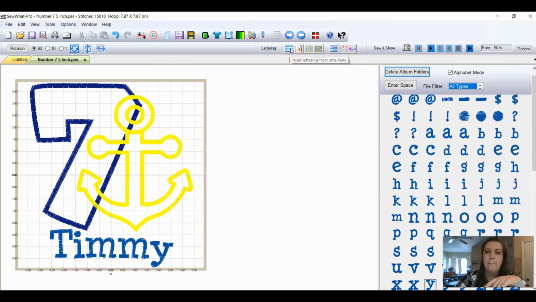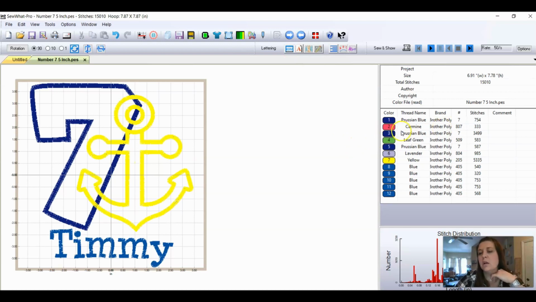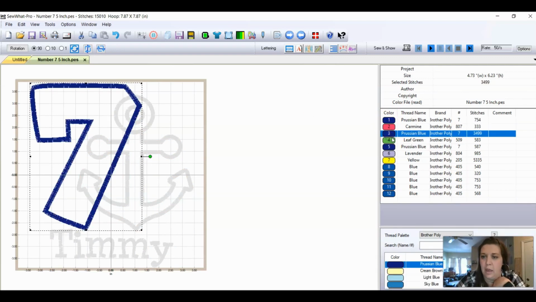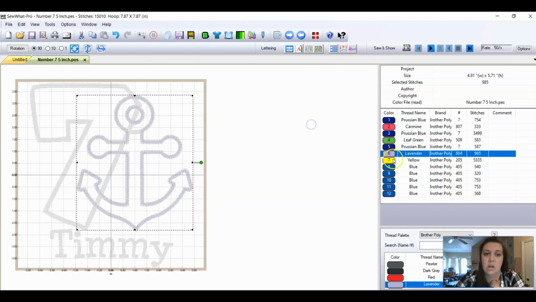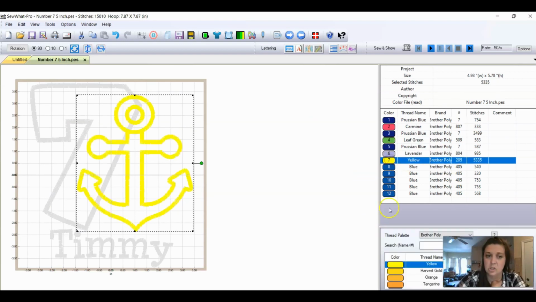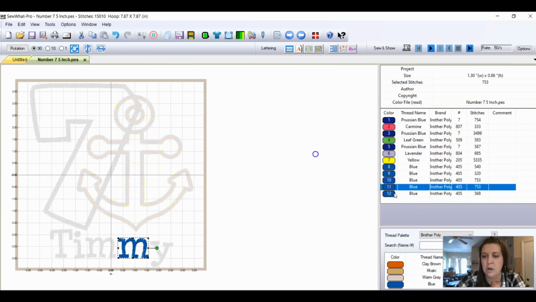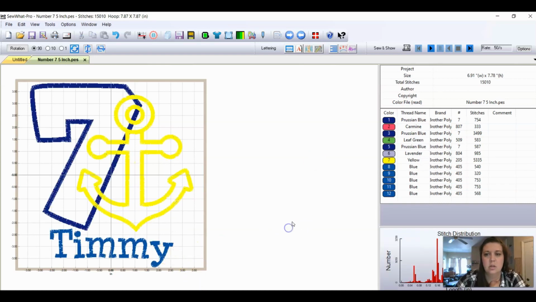one more time. Boop. So over here is going to be your color stops or your steps. I know we talked about that in the beginning when we were pulling designs out, but these are going to be your placement stitch, tack down stitch, applique, placement stitch, tack down stitch, and then this one actually has an underlay stitch, then satin stitch. And then over here is going to be your name, which is all satin stitch. So you can save this as this is and go embroider your heart away, or you can manipulate the design